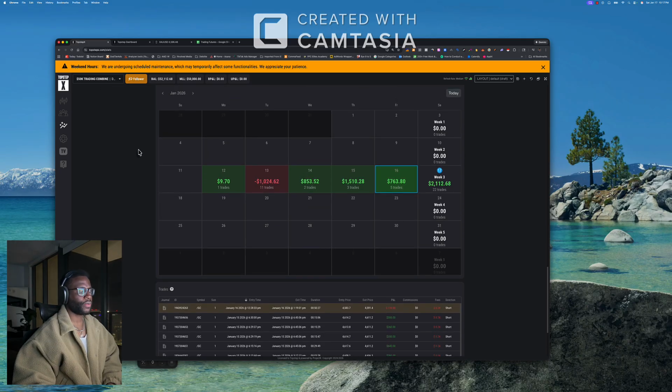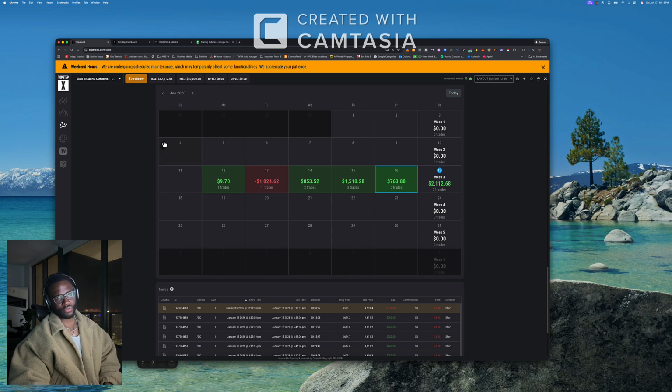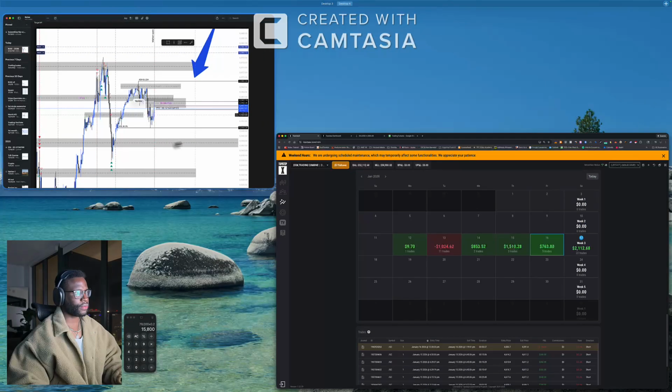Remember, your goal is to hit $1 million for the year of 2026. $1 million for the year of 2026 trading futures. And you got this. I got this. We got this. Let me know how this goes. And yeah, we'll give up everything for this. And I think we got this.